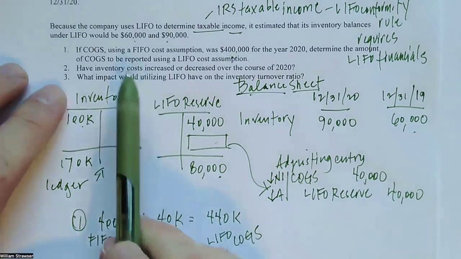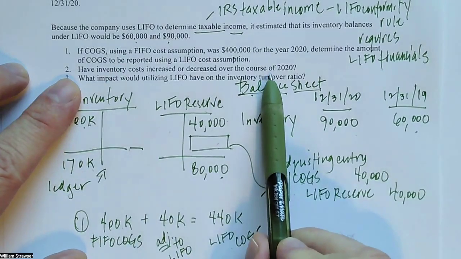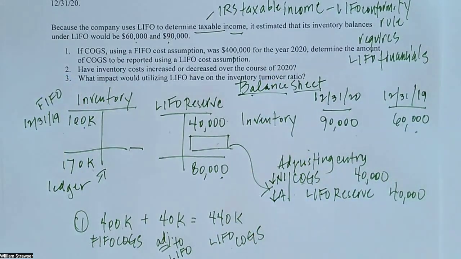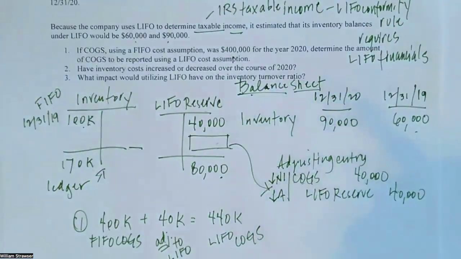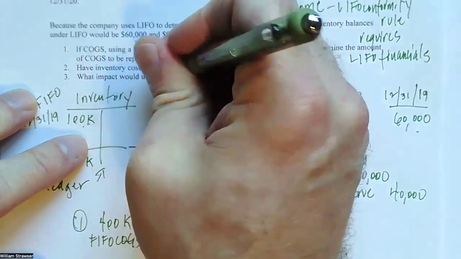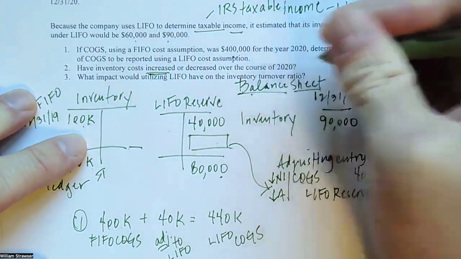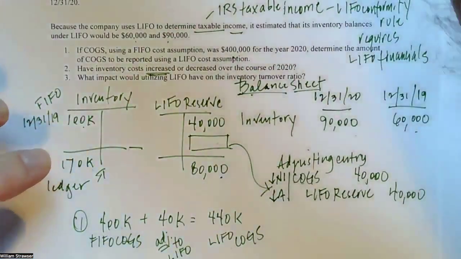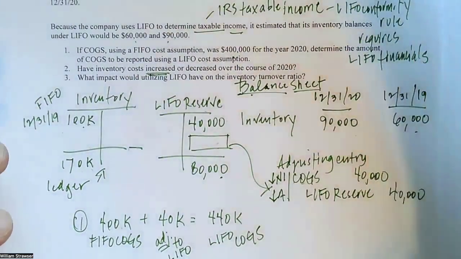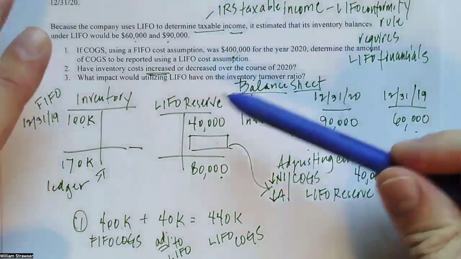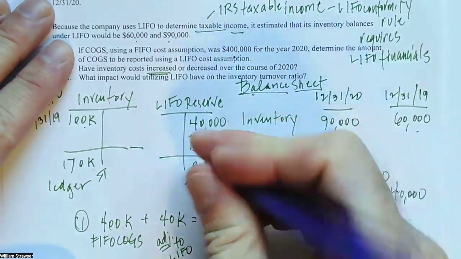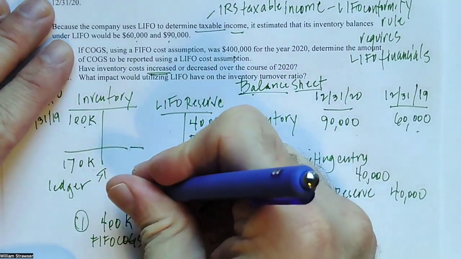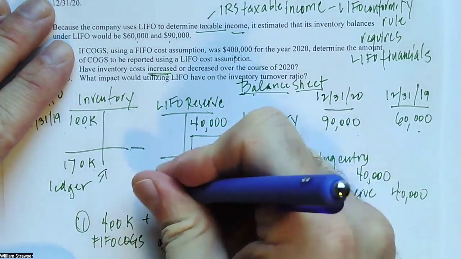Number two, have inventory costs increased or decreased over the course of 2020? I mean, the fair money is always on increase in reality, right? But how would we know? Remember that. So they did indeed increase. And how do we know? It's not really any additional work we have to do, but just reflecting back, really understanding the LIFO reserve balance. Understanding that this here, this ending balance, is just the difference between